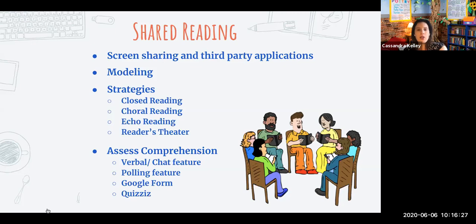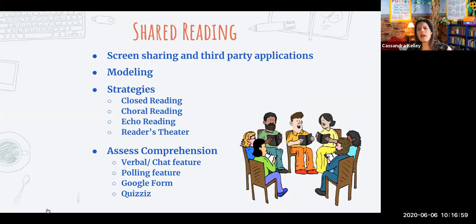So again, I mentioned that it's just so important when you're doing a shared reading that you're modeling, that you're explaining your thinking process, and you're asking kids questions and getting them to look at things from this standpoint as a reader, because they don't know how to do that on their own. They don't know to look for key vocabulary words, for example, or to look for clues in the context of what they're reading. So as you're reading, when you're sharing it, you can say, oh, wow, I wonder